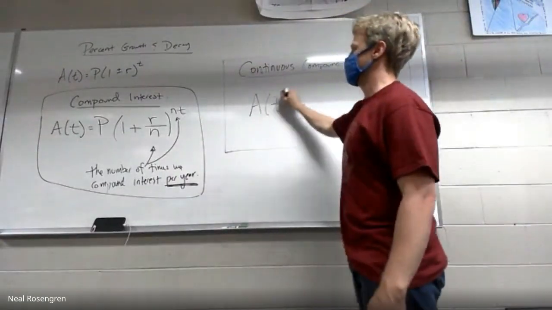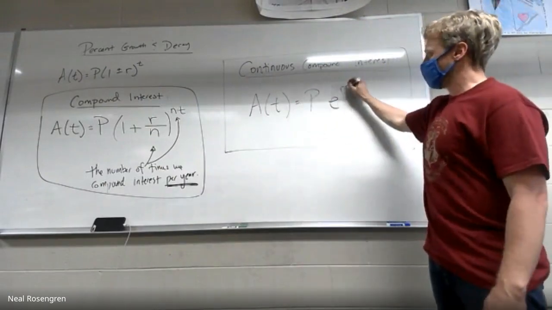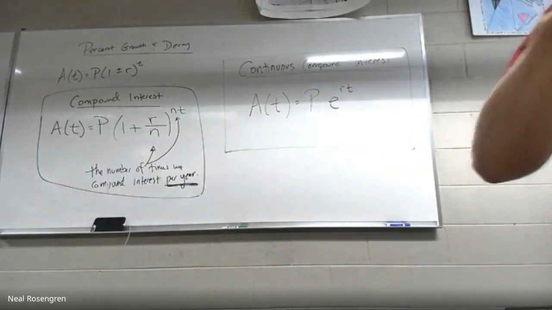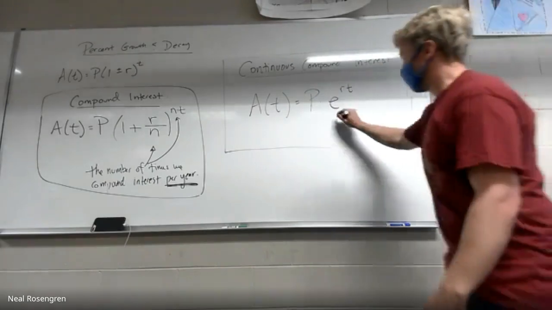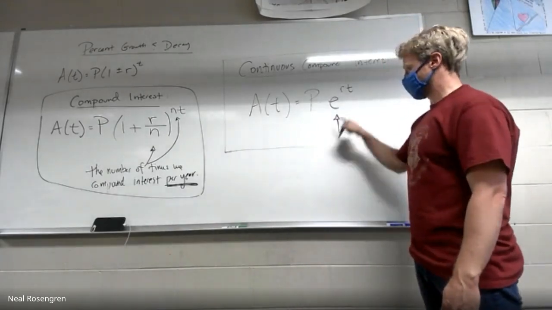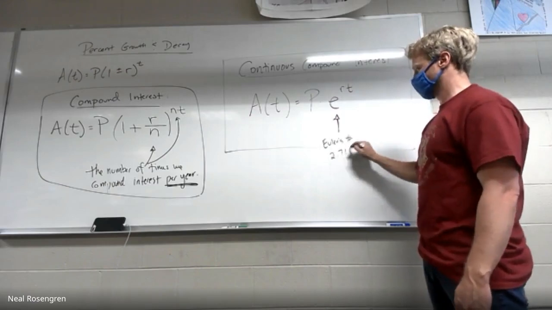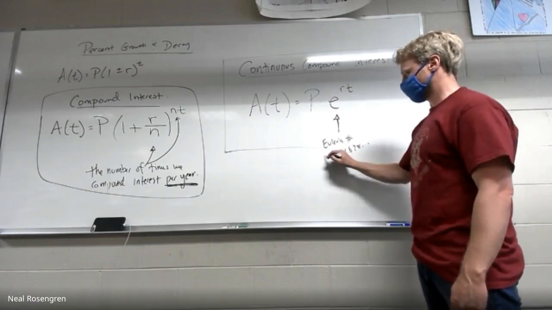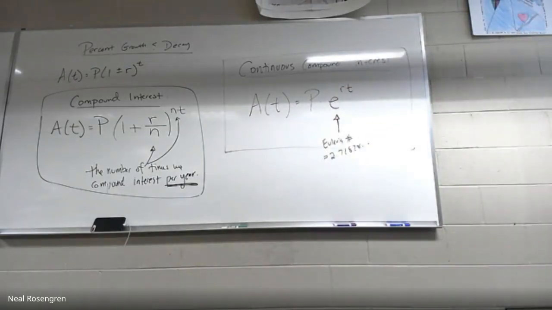A of t equals p times e, and I put the dot there to let you know that the r t that's in the exponent, your exponent now has both the rate and time in it. That's only over the e. So we're going to use that second division. That e number is now our base. This right here is that number, Euler's number, 2.71828, blah, blah, blah. Pretty crazy.